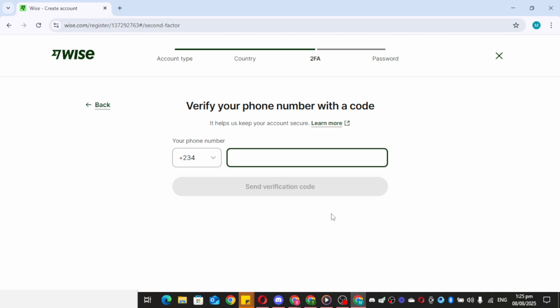You can now log in using the email and password you've just set up. And there you have it. You've now joined the Wise community and you're all set to explore the convenient features it offers. Whether you plan to send money internationally or just want a modern solution for managing your finances, Wise is a